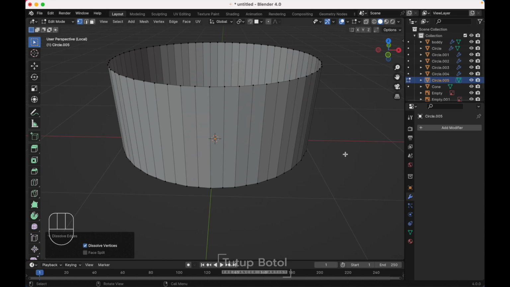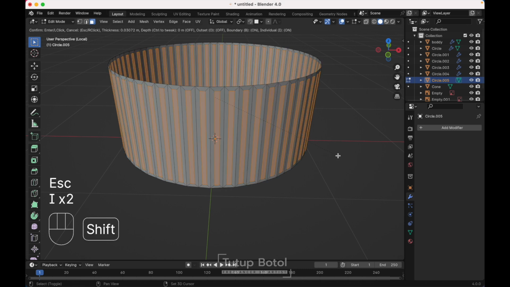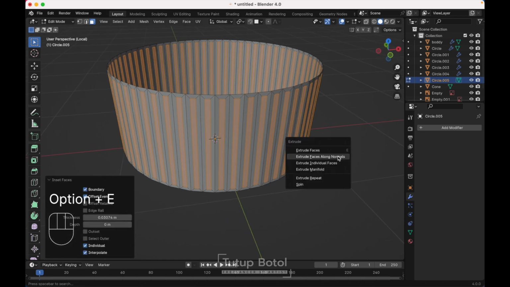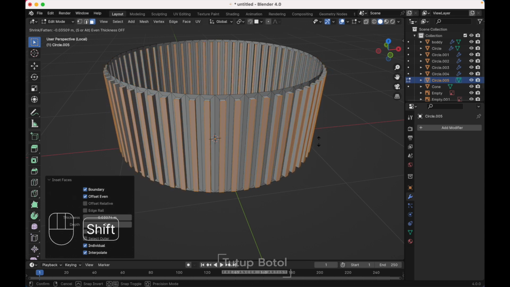select this edge, dissolve edge. With the face mode by pressing 3 on your keyboard, press A to select everything, press I to inset twice, just inset like this, press Alt E, extrude face along normal, just a little bit like this,